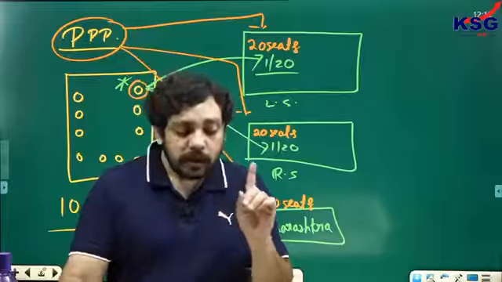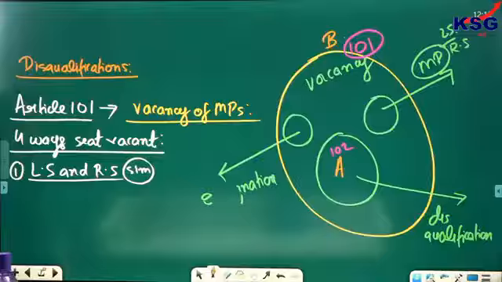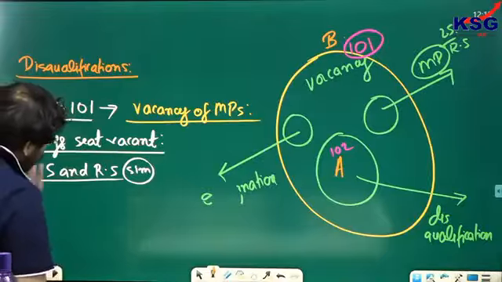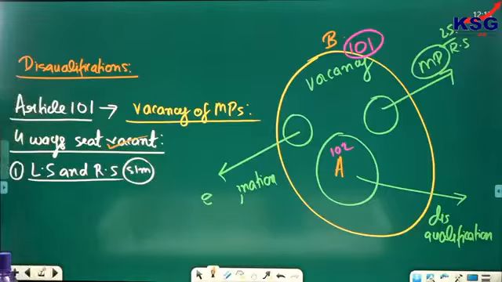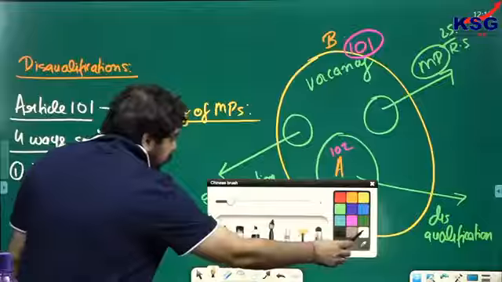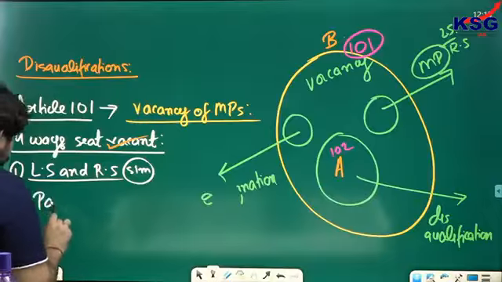Therefore, a very clear rule has been made in the first ground of vacancy under Article 101, that if you are simultaneously a member of Lok Sabha and Rajya Sabha, you have to vacate your seat. It is very clearly given in Article 101 as the first condition of vacancy. Clear? Second, if you are simultaneously a member of